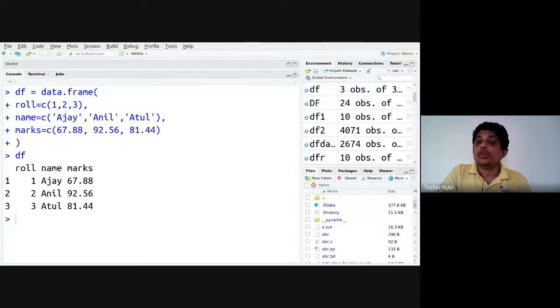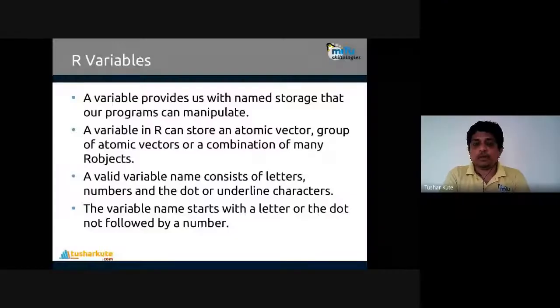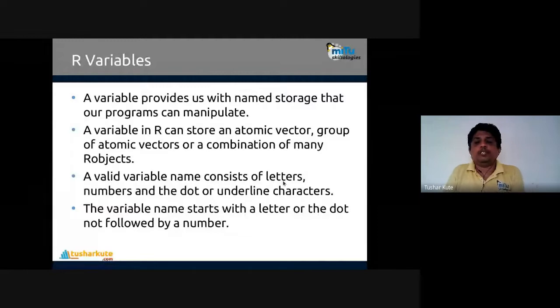Okay, let's take an overview of R as a programming language. Some concepts we need to understand about R are like variable. What is a variable? A variable provides us with named storage that our program can manipulate. We store the values inside a variable. A variable can store an atomic vector, a group of vectors, or a combination of any R objects together.